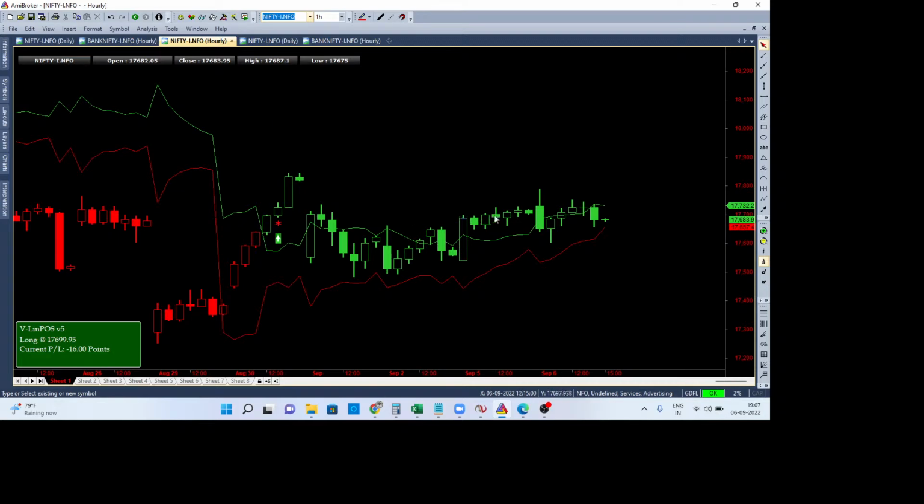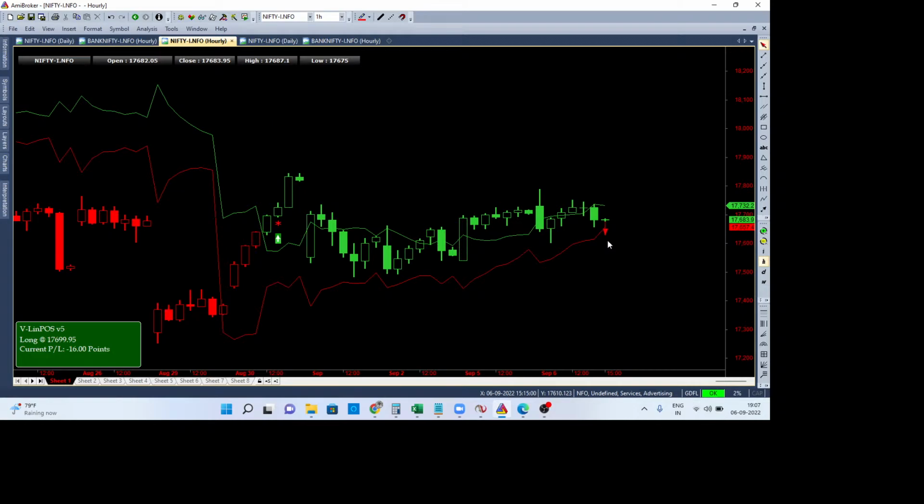So on an hourly scale, the indicators are holding positive, nothing much. Markets are going sideways. There's no productivity in the signal yet. However, the signal could turn negative if price action starts going down below 17,657 kind of levels. Now, why is this so important? Because that is where the sentiment also could turn negative.